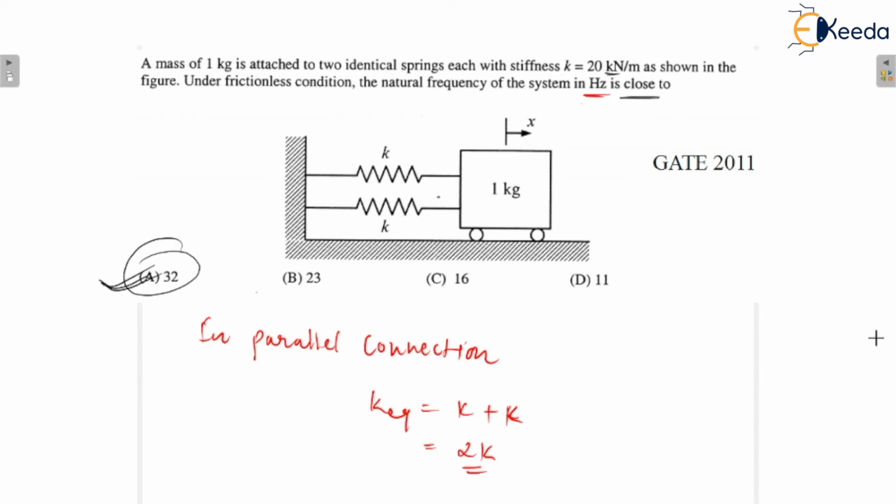We all know how to find out the natural frequency in radian per second or in hertz, but the thing is that we forget in what unit the question is going to be asked, in what unit we have to put the answer. So that's an important thing for the GATE exam, because there are integer type questions. Most of the questions are integer type, so we are not able to cross check our answer by looking at the options, because in integer type questions there are no options. So that's why you must be careful.